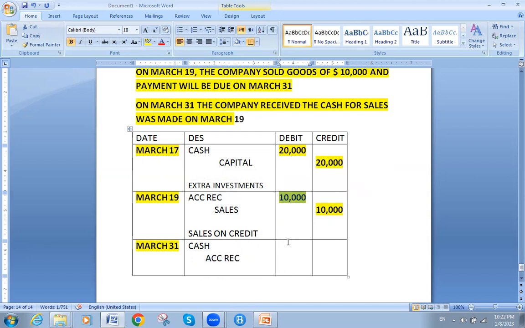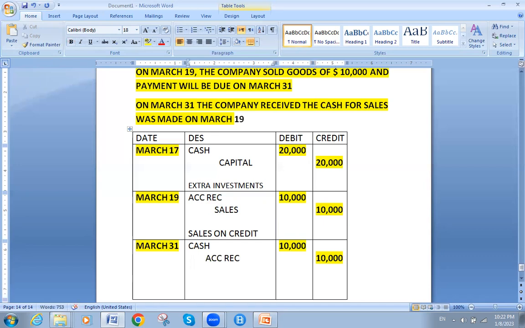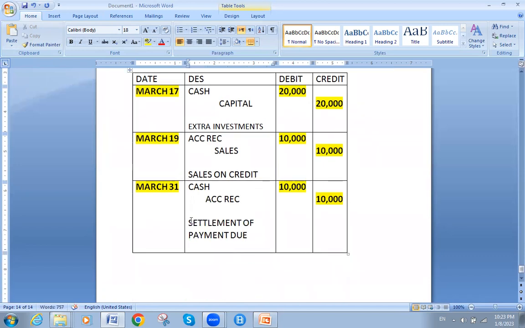Control and C. Here we go, Control and V. Then we'll take this down. Then, settlement of payment due. Settlement of payment due, because on that day there was settlement of payment due